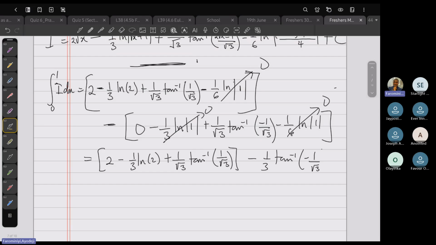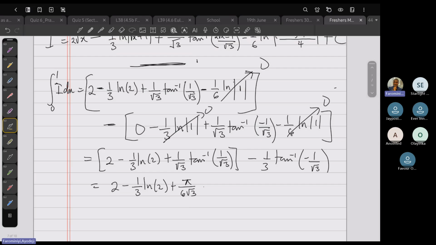What is tan inverse of 1 over root 3? That should be pi over, and what is 1 over root 3? That is tan 30. So that's pi over 6. So this is 2 minus 1 over 3 natural log of 2 plus pi over 6 root 3